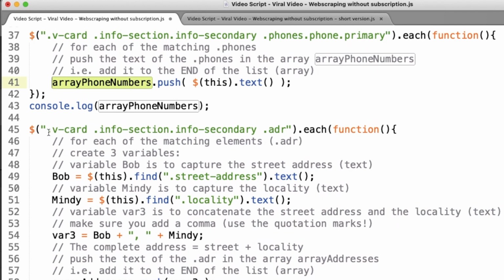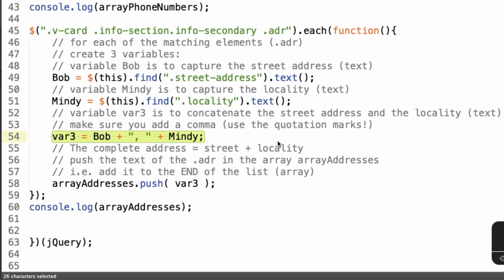And because the full address is split between two divs, street address and locality, we first need to capture each of them in a temporary variable, and then concatenate or combine these variables in a third temporary variable. As you can see, I gave my variables a completely ludicrous name just to show you that you can name a variable whatever you want. And from there, it's the same thing as with the array names and the array phone numbers.